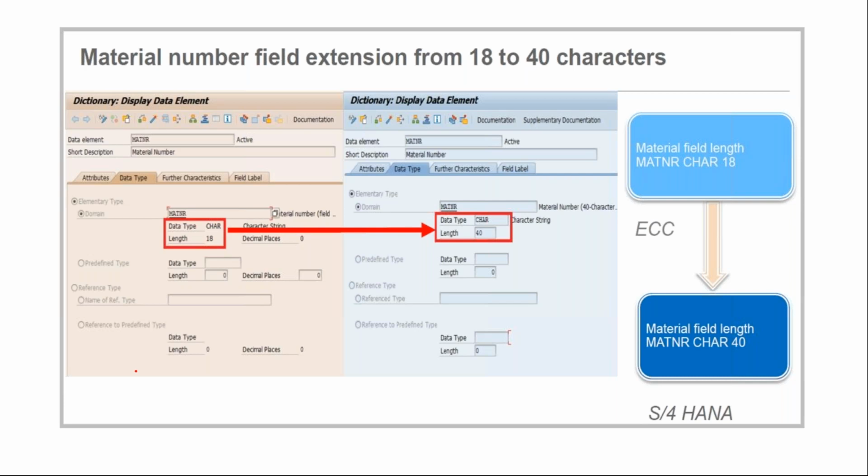This is basically because when SAP met customers in the past, customers were expressing these pain points, so they had to customize to bring it to the required character length. The pharmaceutical and chemical industries had huge material lengths, so they had to customize. So SAP took feedback from them and passed the feedback to the product team, who worked on developing the futuristic products, where they try to integrate this 18 to 40 characters into one single system, so that the 40 characters are aligned across the entire system.